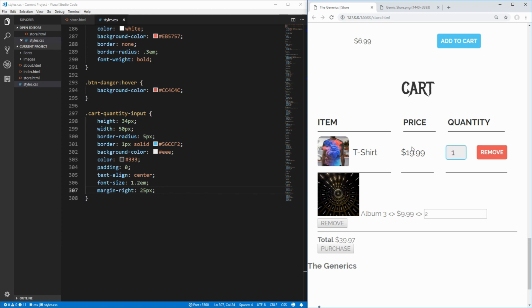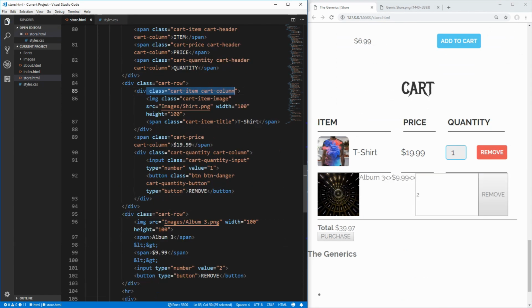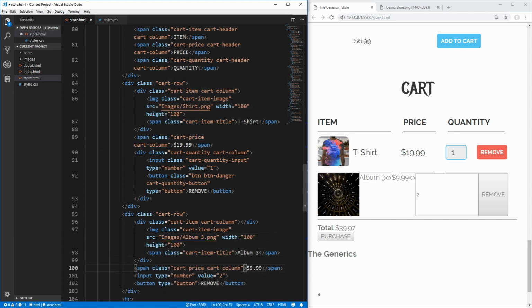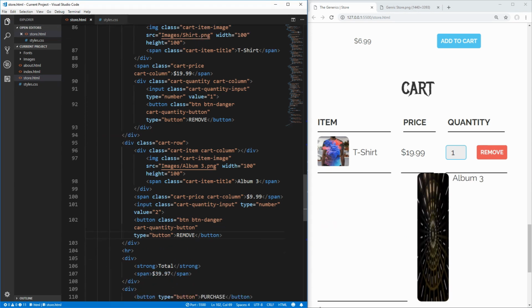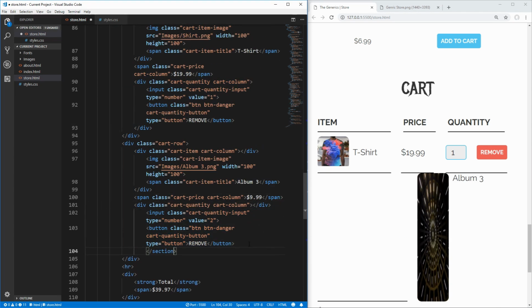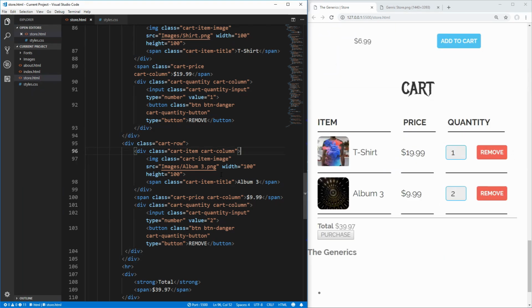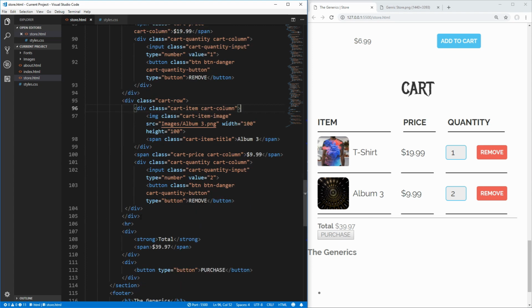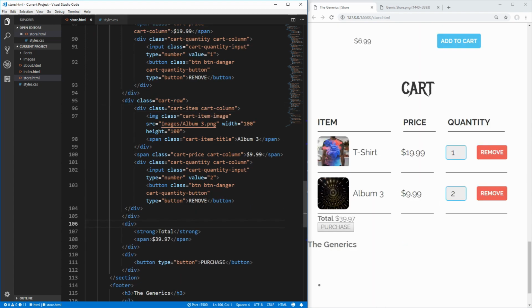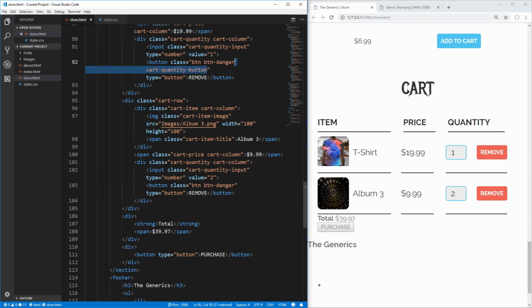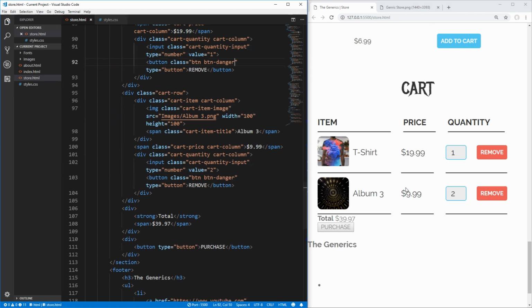Now I'm going to copy these styles from this row onto the second row and see what we have from there. And there we go. That's all the styles that I'm going to need in order to make this. We can also remove the HR down here at the bottom. And we can also remove this cart quantity button class, since we never actually ended up using that class. So let's remove that from both of our buttons here